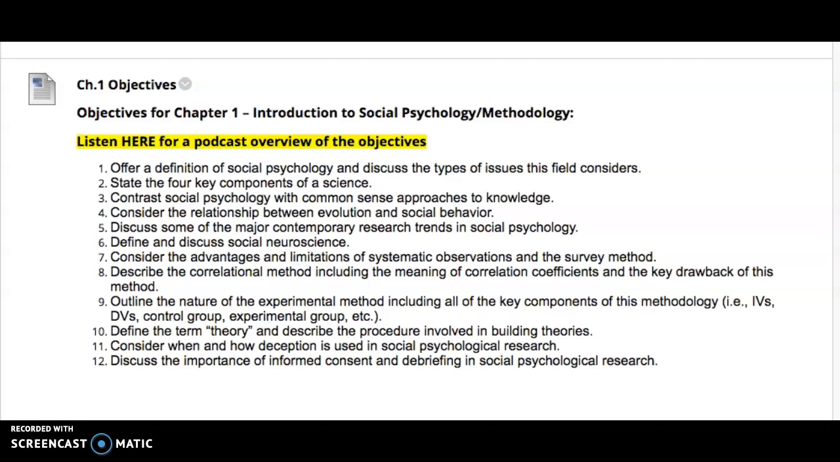Then we're going to contrast social psychology with common sense approaches to knowledge. A lot of things within social psychology seem at face value very common sense. However, they're not. You'll find that we often need objective answers to our questions of things that we see happening